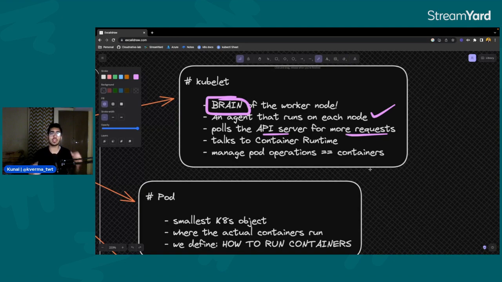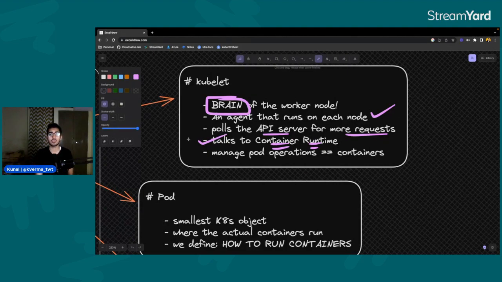So again, kubelet continuously polls the API server for more requests, and apart from this, it also keeps telling the current state of the worker node to the controller manager, as I mentioned. Okay, the node controller, if you remember from that particular concept. It also talks to the container runtime. We'll look at the container runtime right now, but if you are familiar with Docker or the containerization concept in general, the container runtime is what actually is used to run your containerized applications.